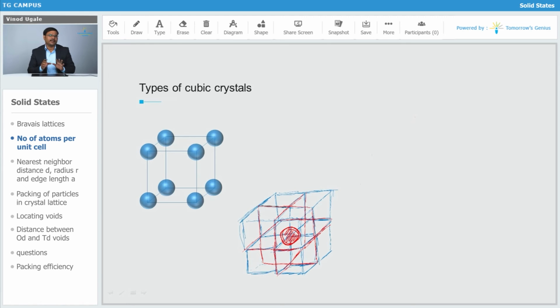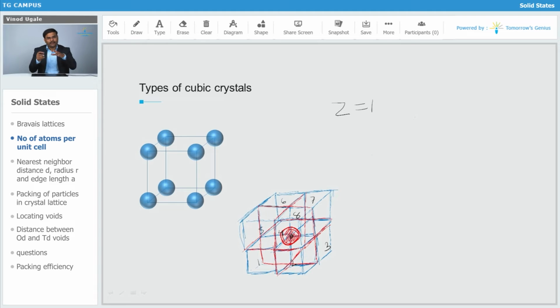So we have seen that in simple type of cubic unit cell we are going to get Z is equal to 1. That is, number of particles are going to be 1, number of atoms are going to be 1, and I explained to you how that one corner particle is shared by 8 unit cells. You can see in this diagram, this is one of the corner particles, that red one is one of the corner particles shared by first, second, third, then this back one is fourth, then fifth, then this one is sixth, seventh and 8 unit cells.